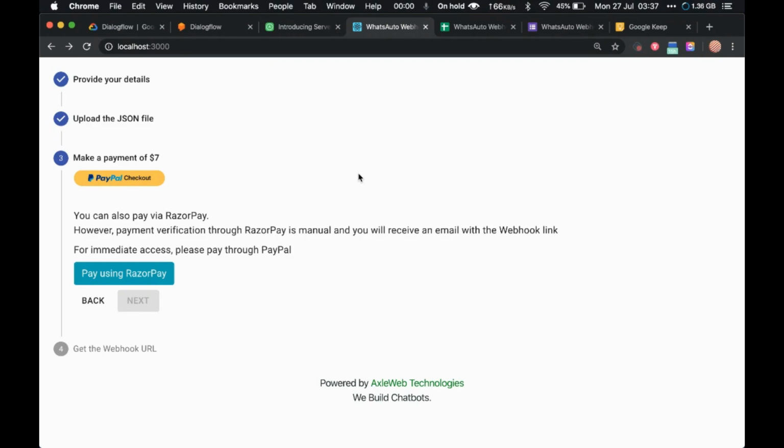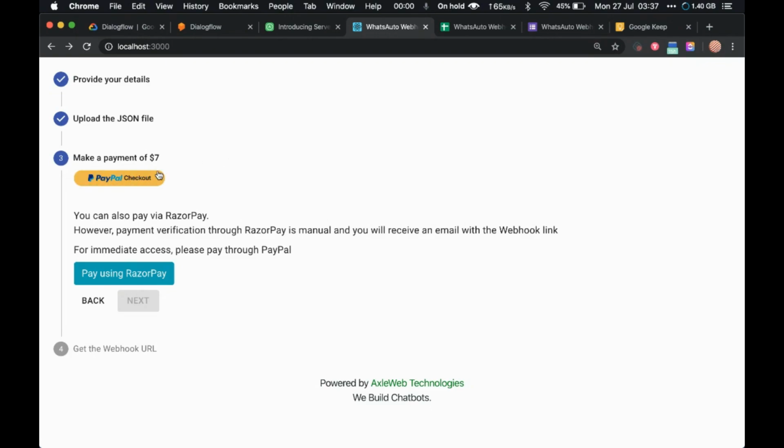It took a lot of time to build, and also this solution is running on Google Cloud Server, for which we have to pay charges. Plus, I really wanted to make sure only the users who are genuinely interested in the solution use it. So I added a paywall here.